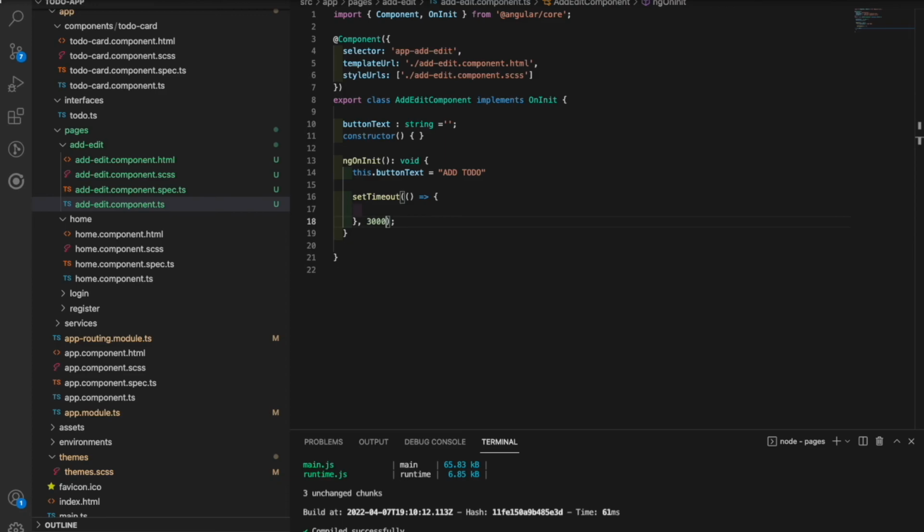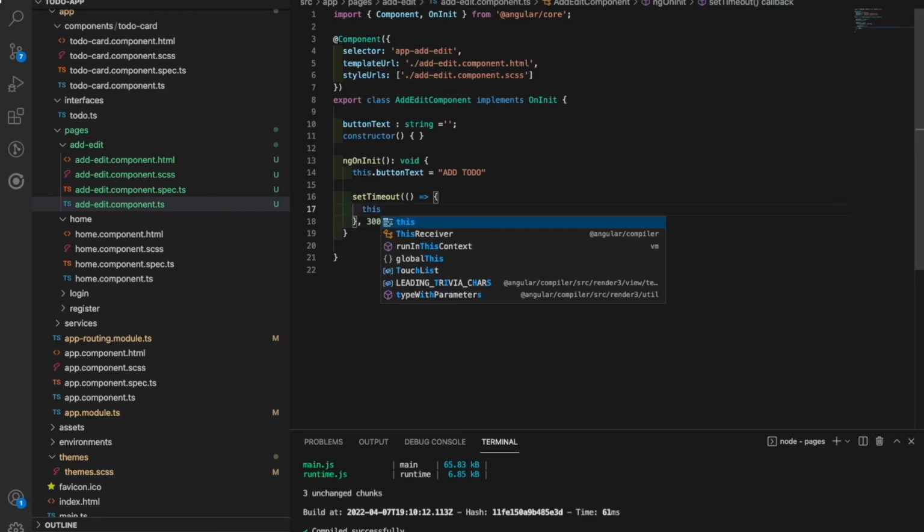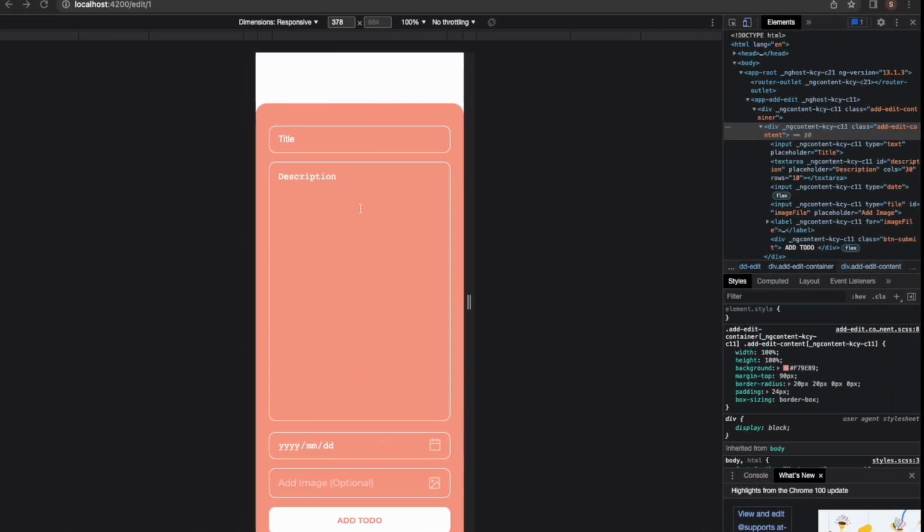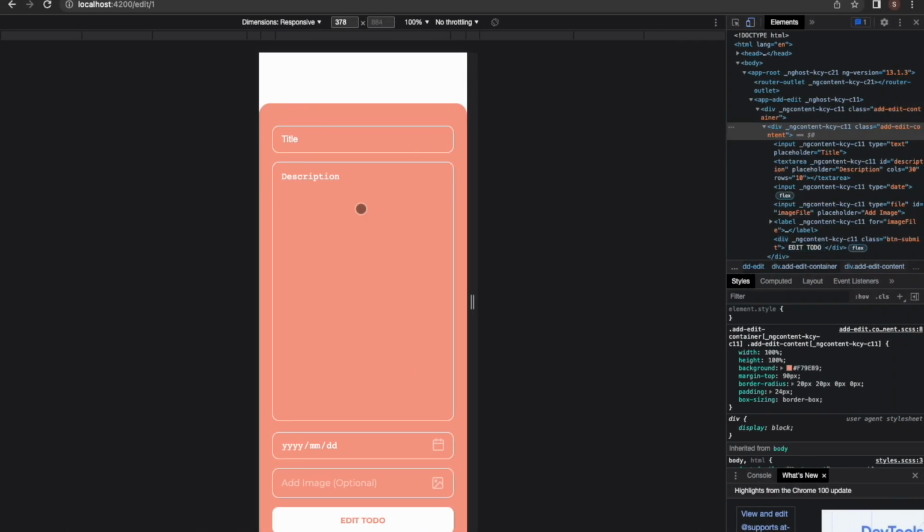After 3 seconds, we want to change this text. This dot. I don't know if this is gonna change, but let's see. This will maybe edit to do. Nah, I don't think this is gonna change. Is it gonna change? Let's find out, right? Yeah. So you see,